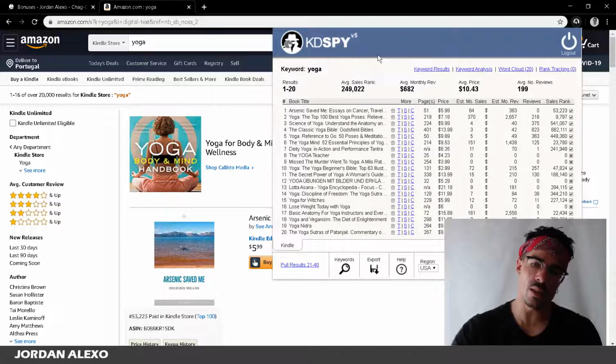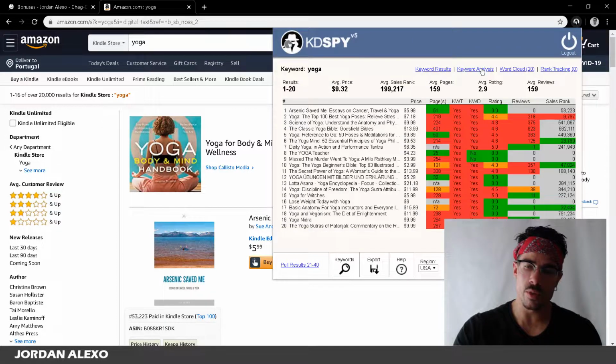But I still like to use the second feature, actually this one called Word Cloud. But let's go to the second feature over here so you can get a better idea. I don't use this feature much, but some people might find it useful. This allows you to see more easily the number of pages, to see if these books are well optimized or not, because you also want to optimize your books for a particular keyword